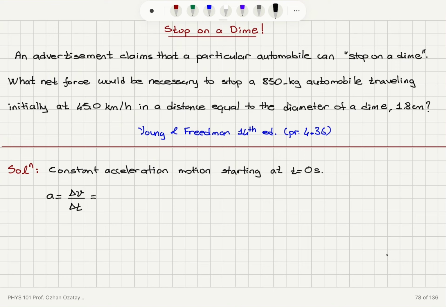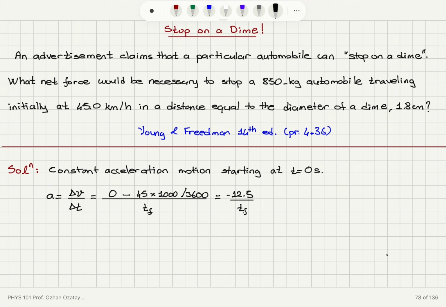The final velocity will be 0. Initially I have 45 kilometers per hour, so 0 minus the initial speed, 45 times 1000 meters, and 1 hour has 3600 seconds, divided by the final time tf. If you calculate this, we obtain minus